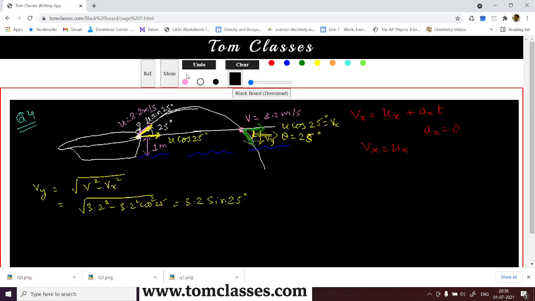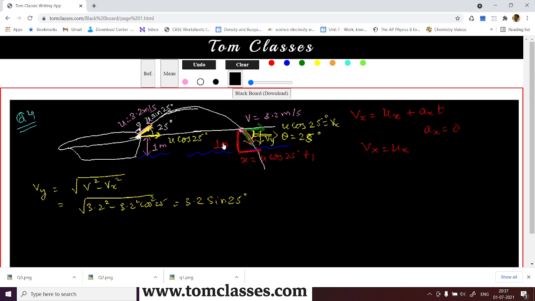Now since till here we can find the time, because this is now a projectile motion, you can find this is the range. This distance plus some extra distance will be over here, like a body which has been projected down with 25 degree and horizontal component as this. So this extra distance moved is x equals u cos 25 degree, and this time as t1 after that. And this height is 1 meter.